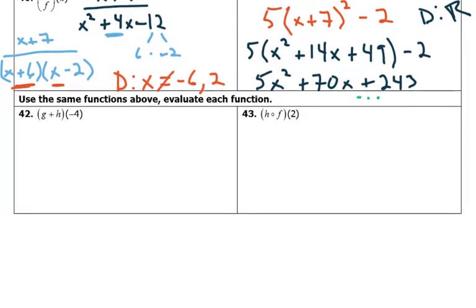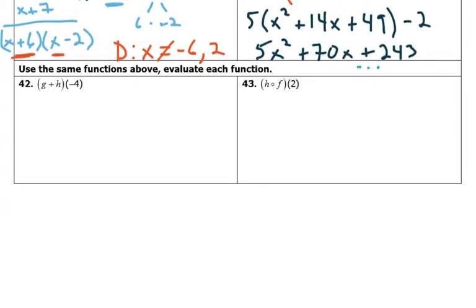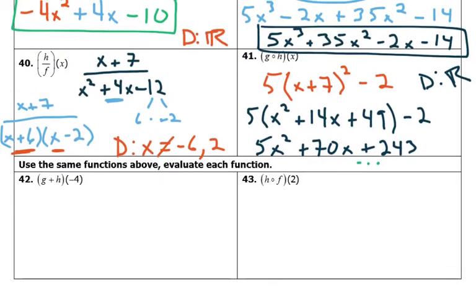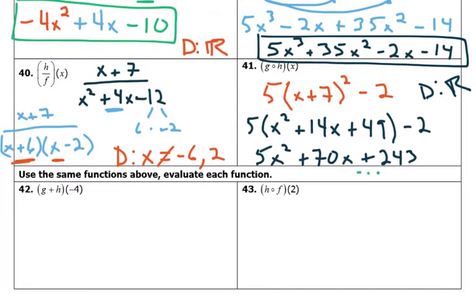So here we go. G of negative 4 plus h of negative 4 here. All right, so we're plugging in negative 4 for g of x, plugging in negative 4 for h of x, and then we're just going to add those two numbers together. I'm going to write this one here. G of negative 4 equals,